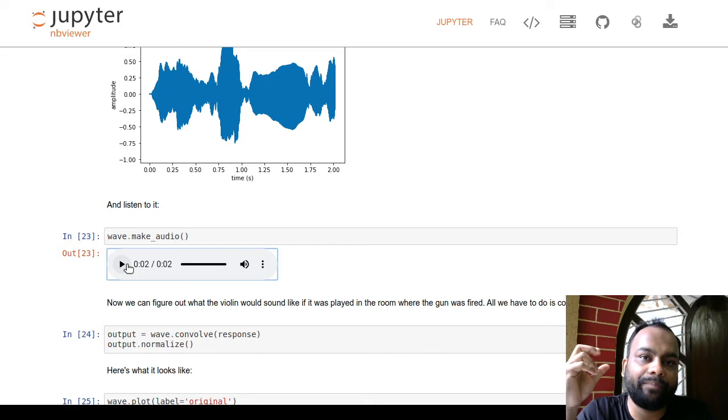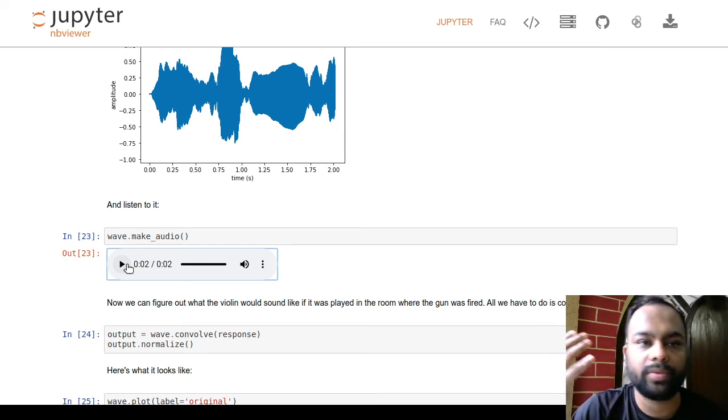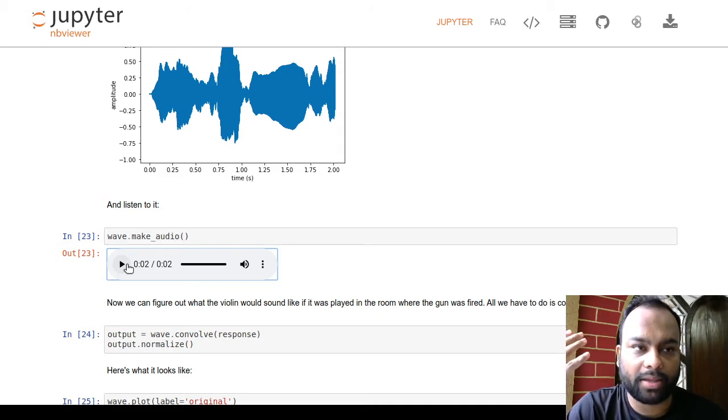So with that said, my next question is, how do I get the impulse response of an empty hallway? Any idea? So I have to excite the empty hallway with an impulse input, right? So how do I get the impulse response of an empty hallway? What is the way of doing that? Can anybody answer? Any random guess?